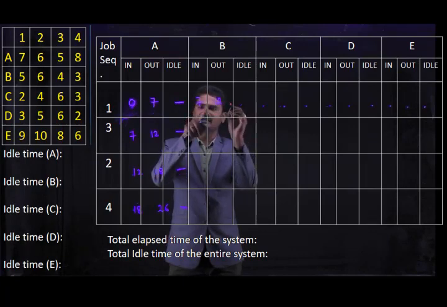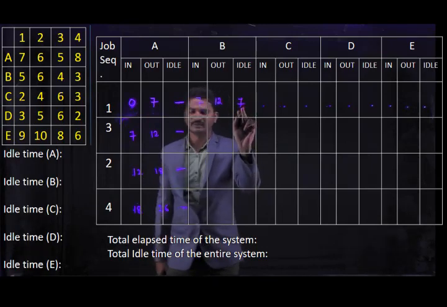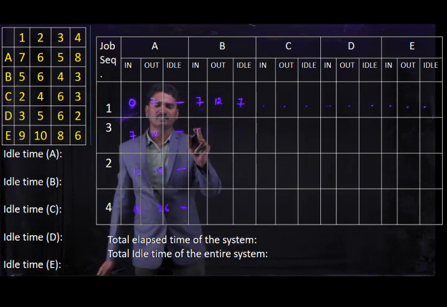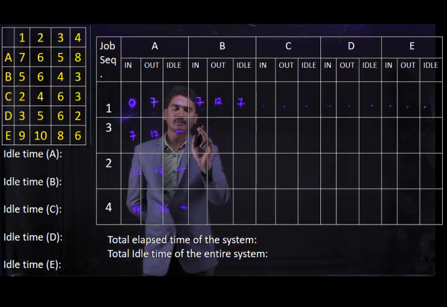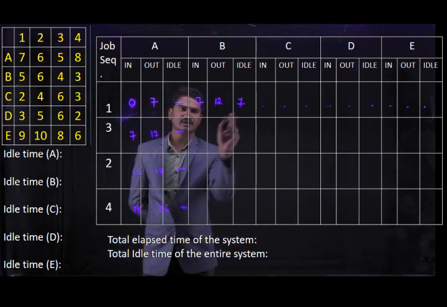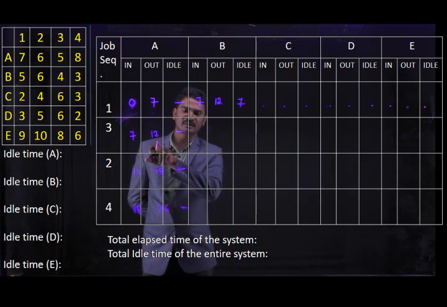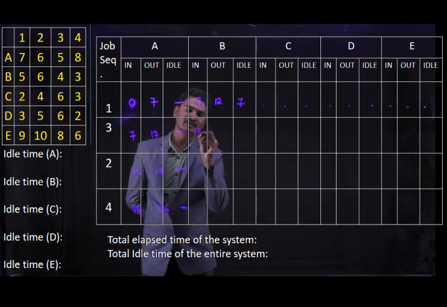And here the idle time is the starting time. Here we have the difference of 7, so we are waiting up to 7 hours, so the idle time is 7. Next, coming to the second one, job 3, we finished our job at the 12th hour, so directly we are going to start at the 12th hour immediately, so there is no idle time.